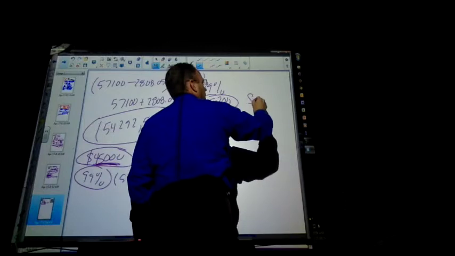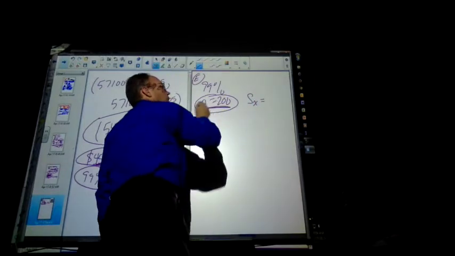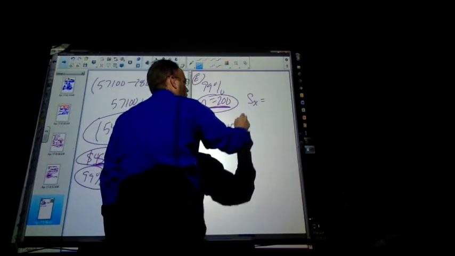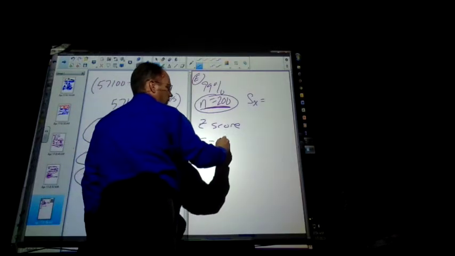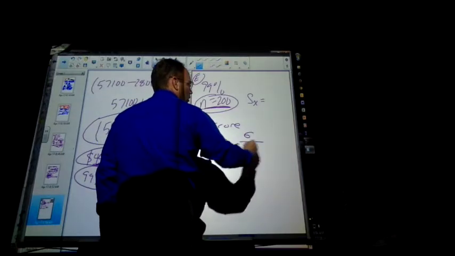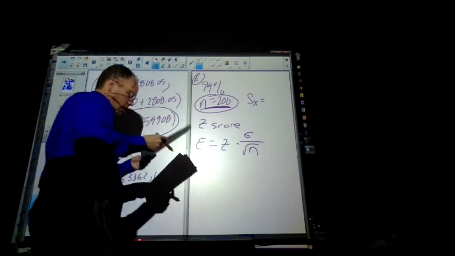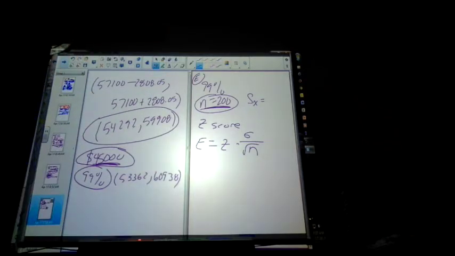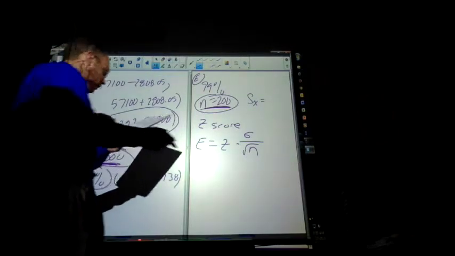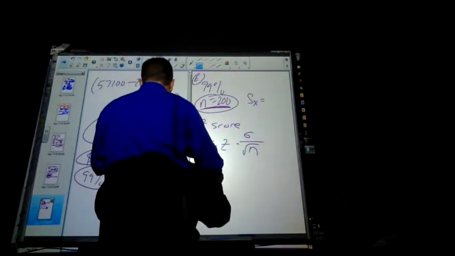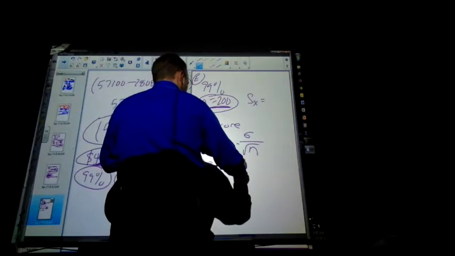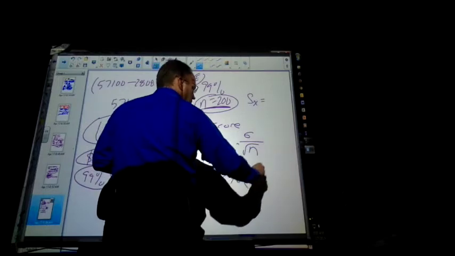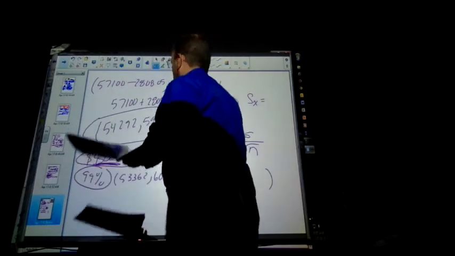So I have the sample standard deviation we know, but we're getting up to 200. This says all over it, hey, use the z-score rather than the t-table, which means you're going to have E equals z times standard deviation over the square root of the sample. And then if you go and find 99%, remember inverse norm of 0.99, close parentheses, or you can know from the table that your z-score is 2.576, which is going to give me 2.576 times the standard deviation of the problem,